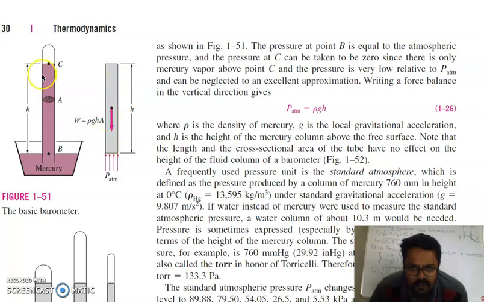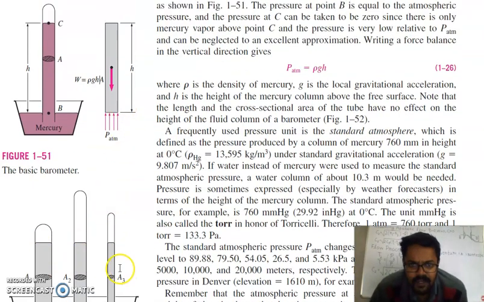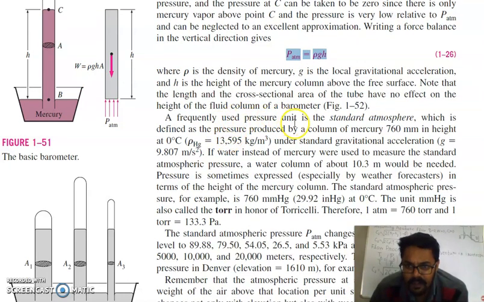So the weight of the mercury in the column is rho g h into area, and if you use tubes of different cross-section area, the height would be the same. It means the pressure is independent of area. Whatever size of tube you take, whether A1 or A2, the height will be the same. So we can neglect this area, and since weight is equal to force, force divided by area gives you rho g h, and this is your atmospheric pressure.